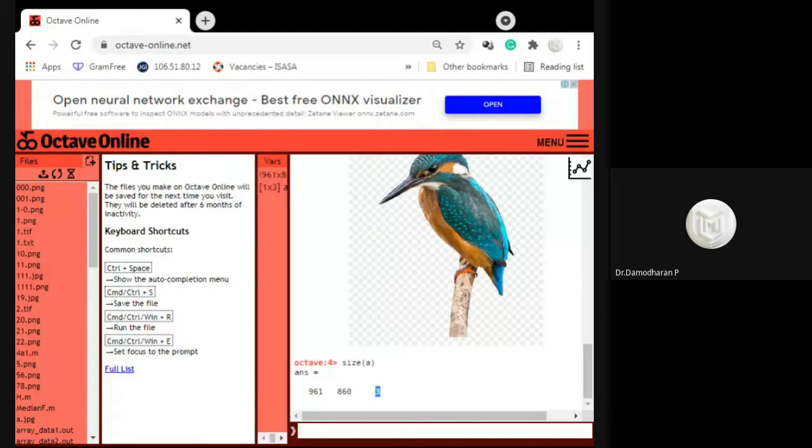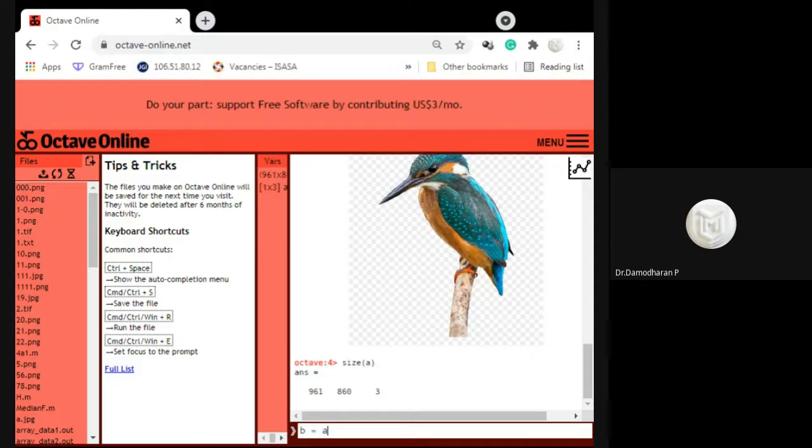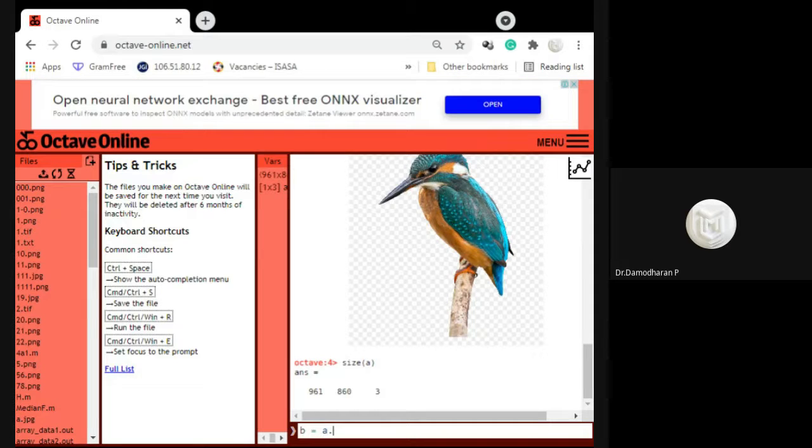Now we are going to perform some arithmetic operations on the colored image. The variable A already consists of the colored image matrix. I'm going to perform subtraction on this matrix: B equals A dot minus 150.